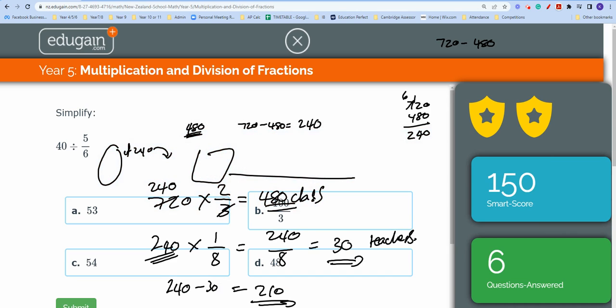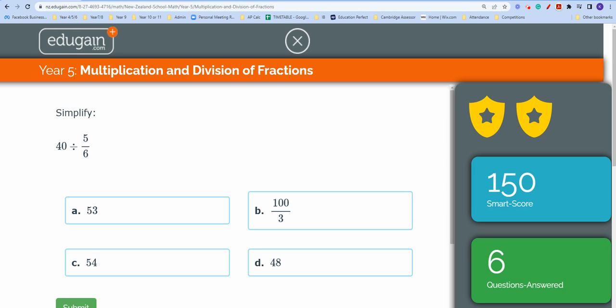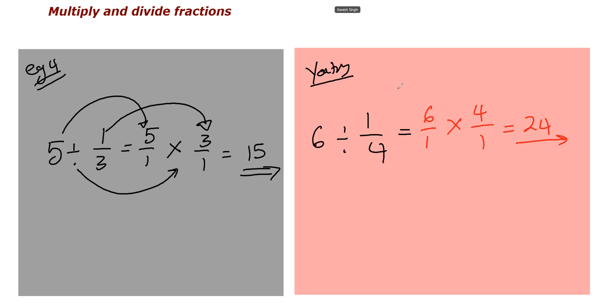All right, hold up. Excuse me. Yeah, I got a question. How do you change improper into mixed? All right, let's do a quick activity on that. How do you change from improper into mixed? That's a good question. Okay, so if I got improper,